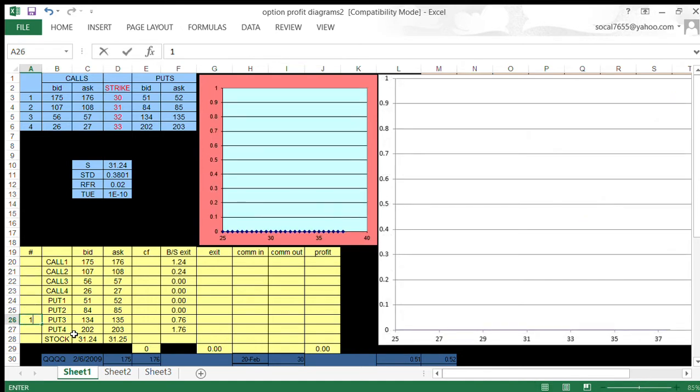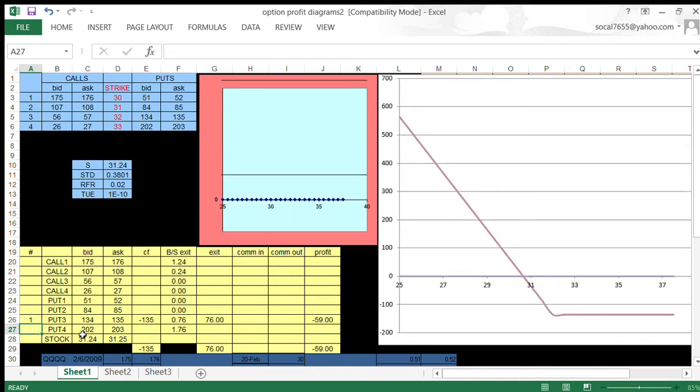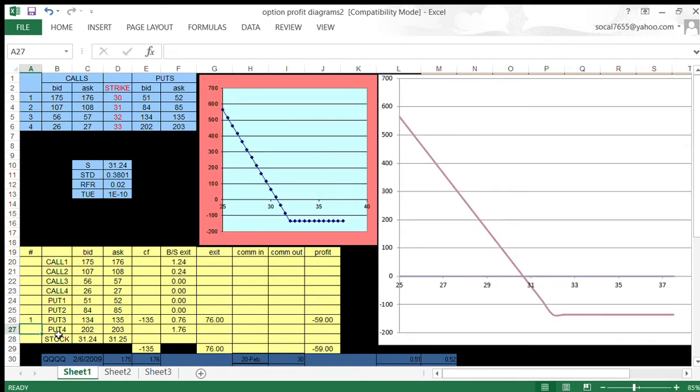Okay, this one's costing us 135. So here we see our maximum loss is 135, and of course we have one break even. We've got to recoup the 135 as of option expiration, and since the strike price of put 3 is 32, and we have to recoup $1.35, it's going to be somewhere,